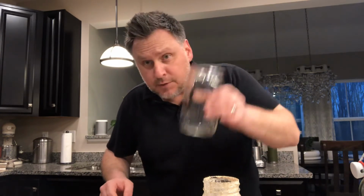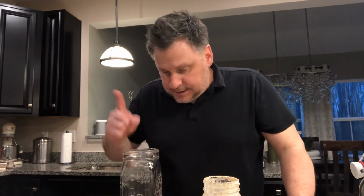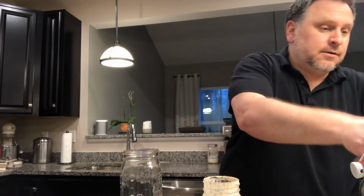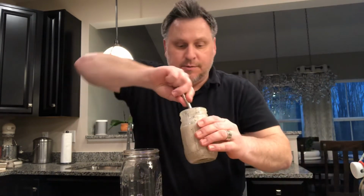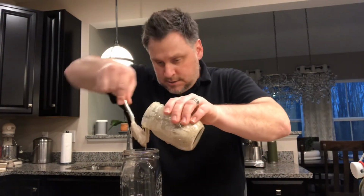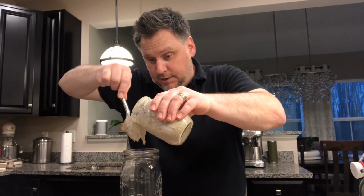I'm gonna put this down real quick and measure out the mason jar and tear it off. That's what we do in science. Tear it off, zero, okay? 70 grams, told you that. Okay, 70. I'm gonna reach into this golden goodness and now this stuff is starting to really...